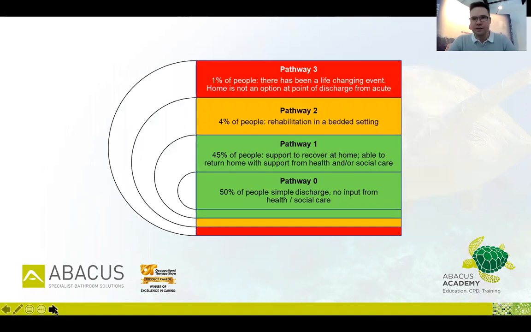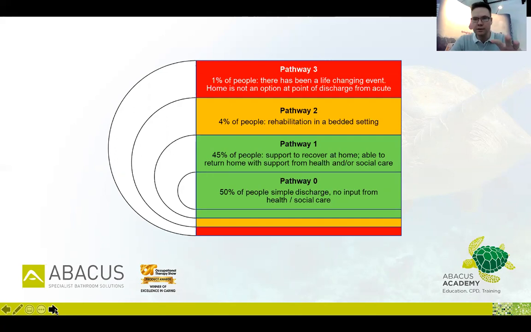What else the document does is explain the pathways. So stage one, I'll come at the pathways in a sec. So it's stages and pathways within the stages. So stage 1, like I said, it's the minute somebody comes into hospital. Stage 2 is where